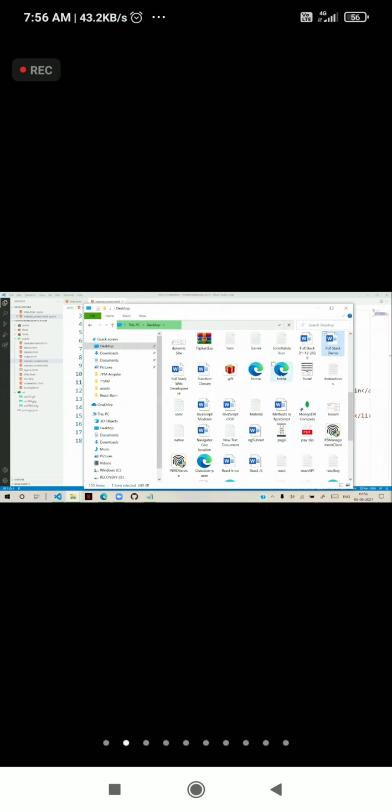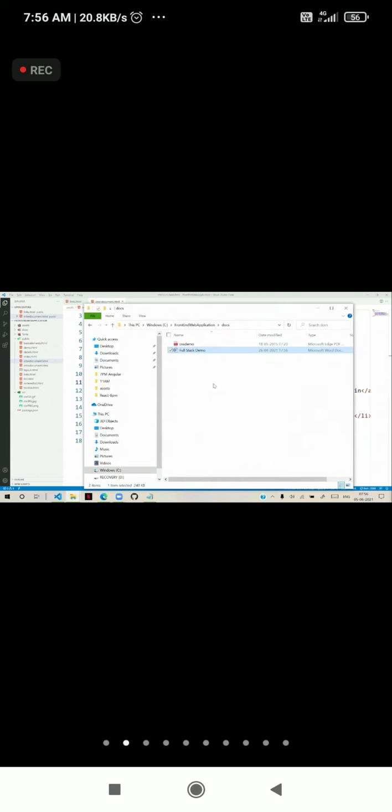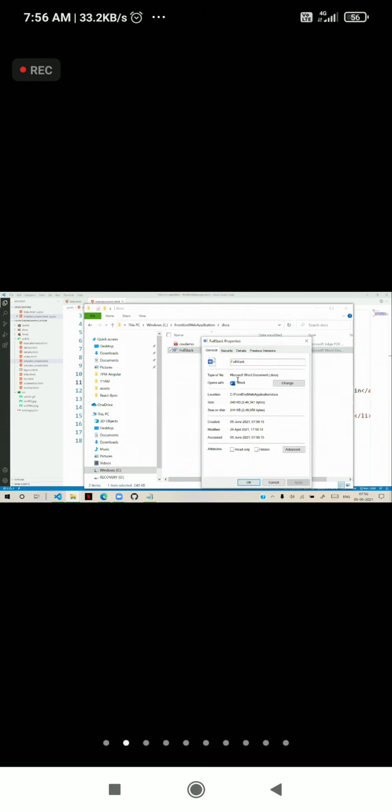This is a Word document. I will give the simple name as full stack. That's a Word document. You right click and see the properties. It has the extension .docx.